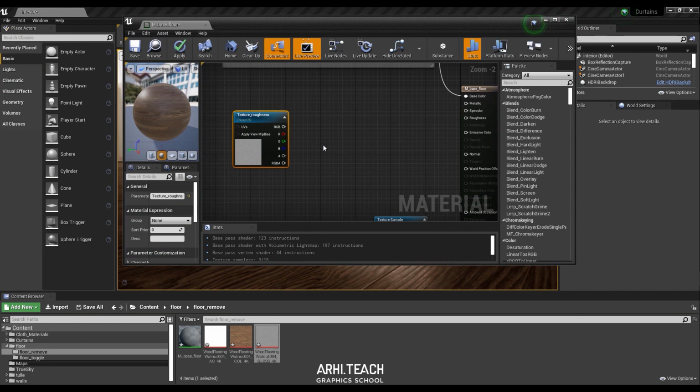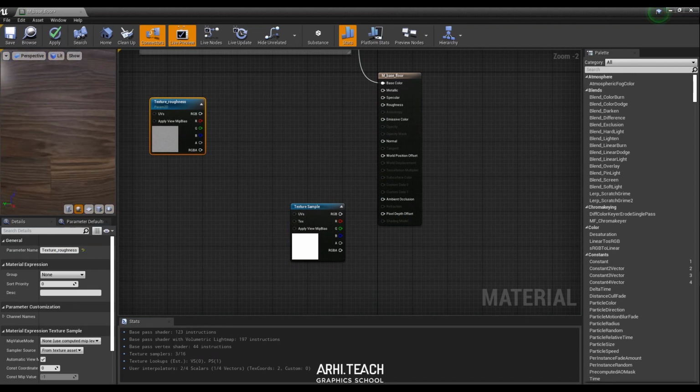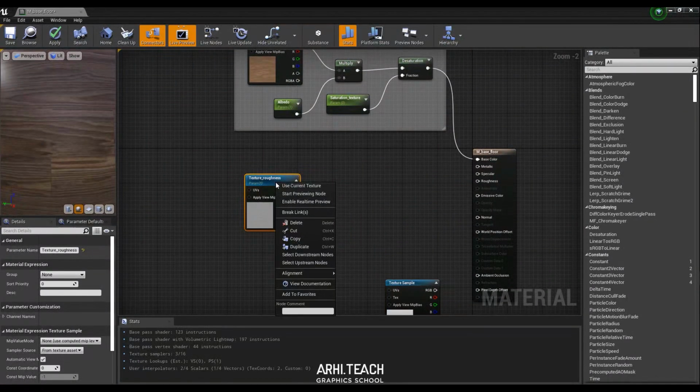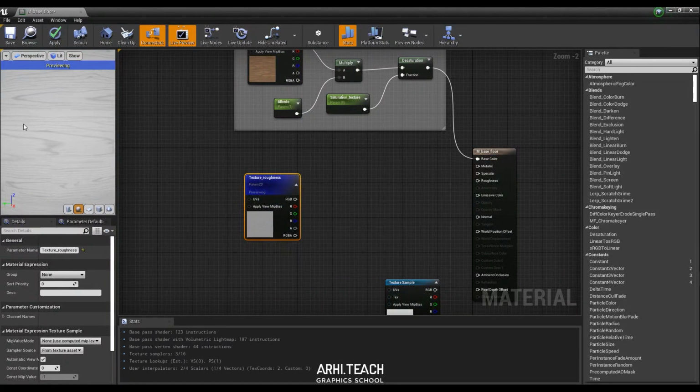But first, let's run the roughness through a few nodes. The first thing we need to do: firstly, I will maximize the window. Secondly, I will hold the right button and then move my mouse closer to our sphere to get a closer look at the maps and the scale of our material. And after that, right-click Start Previewing node. So what's happening here? We do not see the material in general, but the separate texture. In this case, this is a texture roughness.